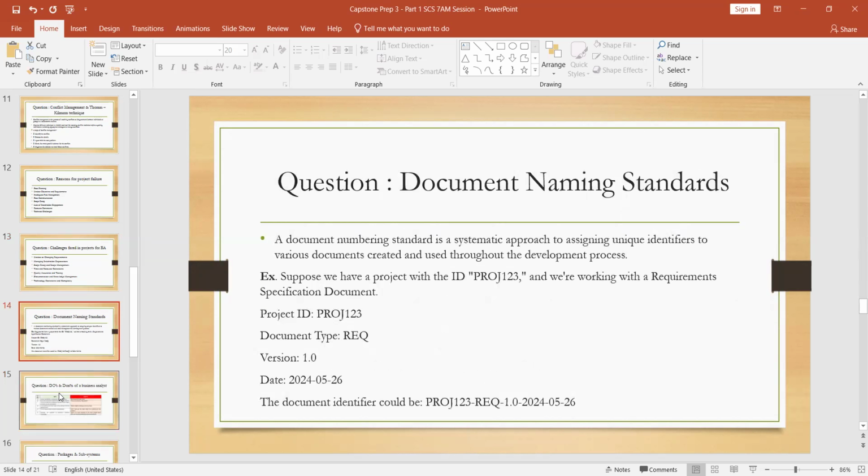And next, I'll go to the document naming standard. So for every project you'll get a document. You have to prepare the document naming standard. Actually, what do we mean by a document naming standard? So it's like